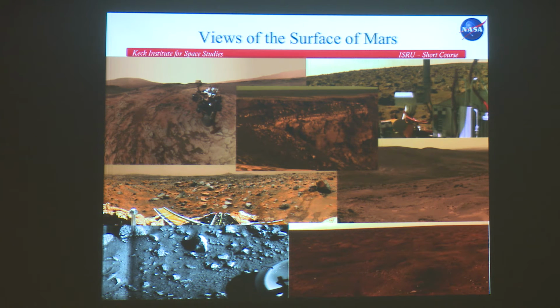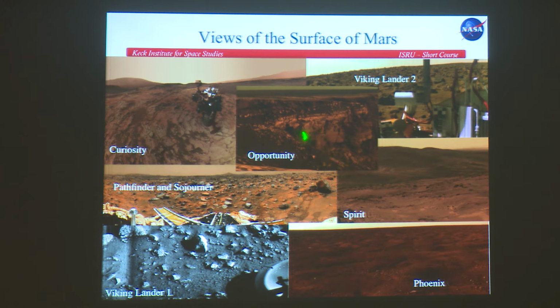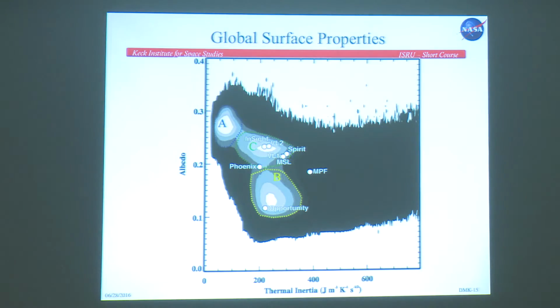We've had what we call the polygonal terrain. This is the icy terrain seen from Phoenix. We've had Spirit, which was a low rock terrain, but with some hills in it, and I didn't pick a picture with it, but some very interesting geology in those hills. Opportunity saw cliffs here. This is at the edge of Victoria Crater here, and then this very flat terrain on top that is very dark, that was very different from everything else we saw. And finally, Curiosity has seen some interesting terrain. So there's a wide variety of terrains.